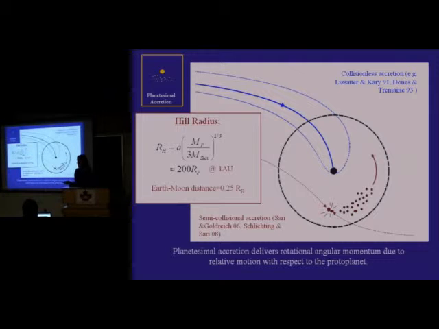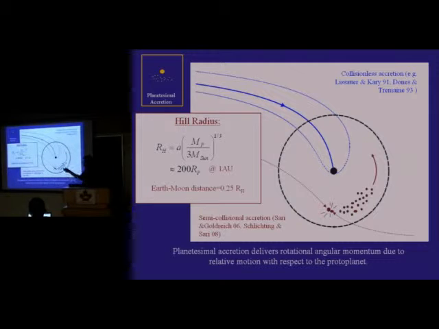In the standard planetesimal equation, these protoplanets grow by the direct collision of planetesimals from the disk. And this is what I've drawn here in these blue bands. So you can calculate analytically where these particles have to originate such that they directly collide with the protoplanet. And already from this drawing you can see that